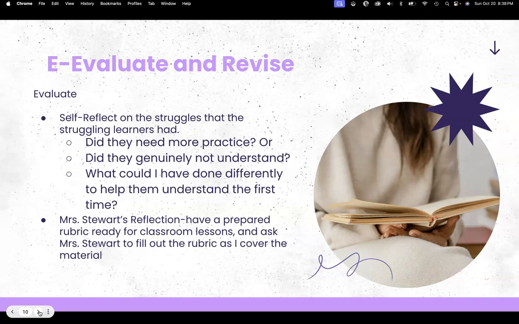like to have a rubric ready for classroom lessons, so that anytime I go into a classroom, I ask the teacher that I'm cooperating with to fill out the rubric as I cover the material. Things like pacing, and did I speak over the students' heads, or was I appropriate for the grade level, things like that. And so I'd like to have that for Ms. Stewart to listen to, so that she can help me to be a better